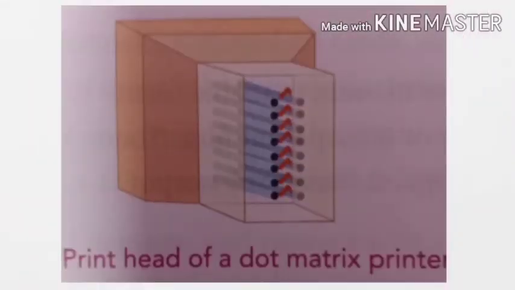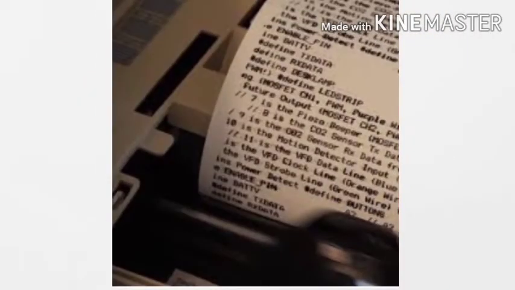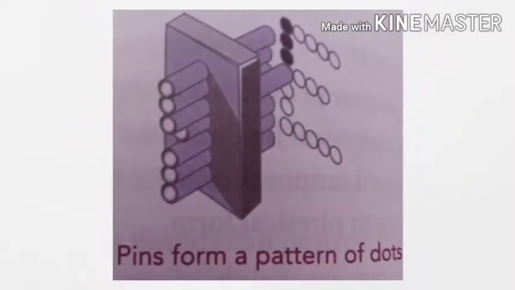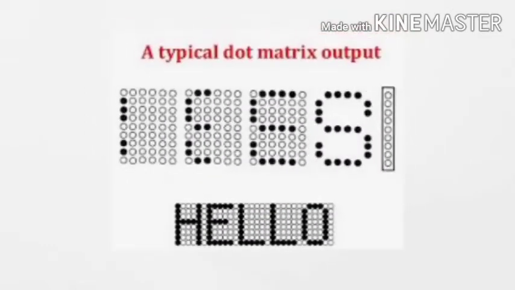The print head, I told you when we were discussing impact printers, there was a print head. Here also there is a print head which contains some pins. The pins can be 9 pins, 18 pins, 24 pins, 26 pins, like that, arranged vertically. When it strikes the ink ribbon directly, it prints on the paper at the back. Clear? This is how it was printing. As the print head moves back and forth across the paper, pins are pressed against the ink ribbon. When pins are pressed against the ink ribbon, it gives a pattern of dots on the paper.